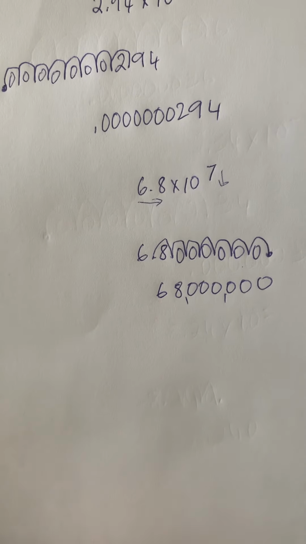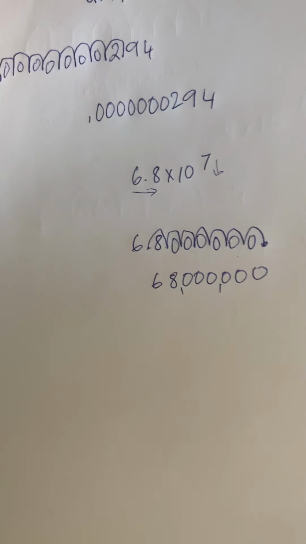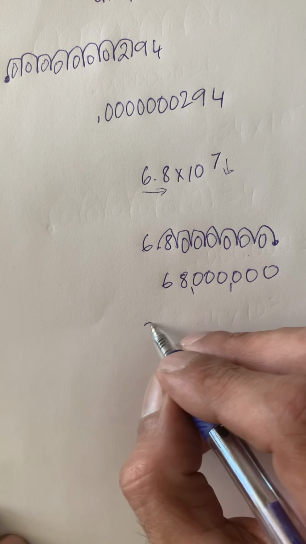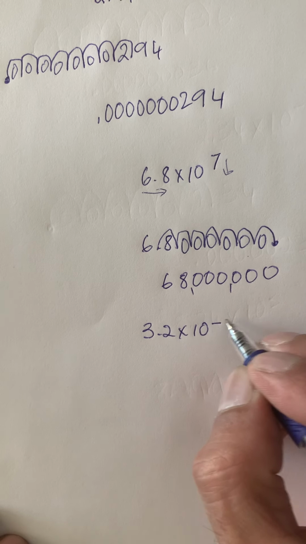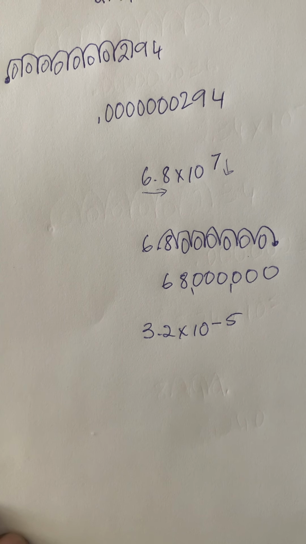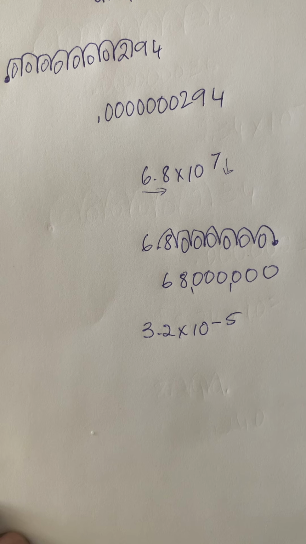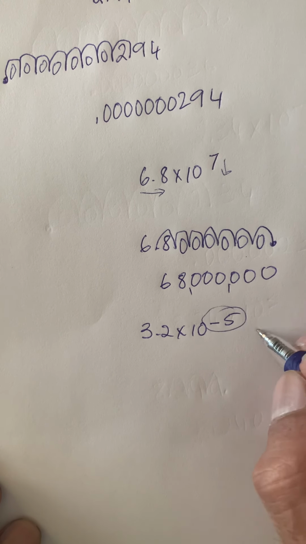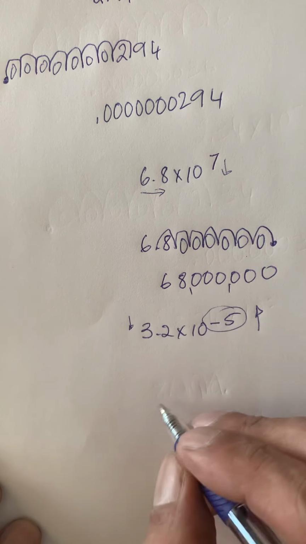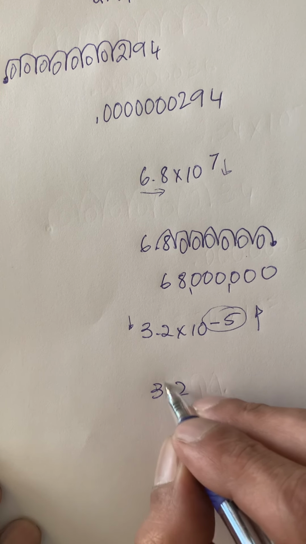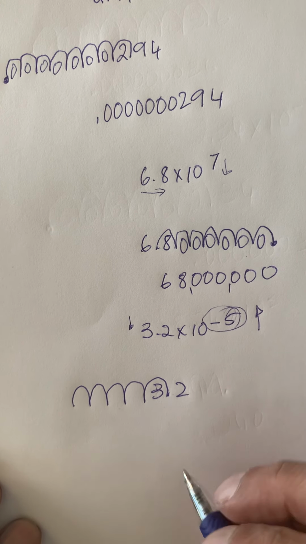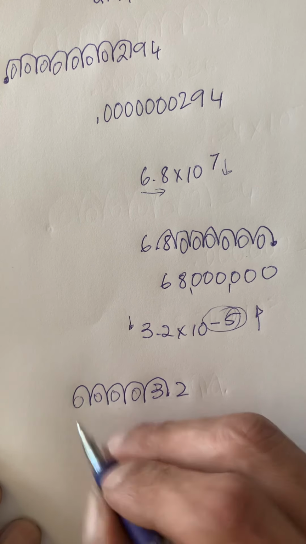Okay, one more small number. I'm going to go ahead and let you guys try one on your own. So here is 3.2 times 10 to the negative 5. Okay, go ahead and put that as a regular number. Pause the video. Okay, here we go. So, this guy is tiny. We need to make him big, so we're going to make this guy smaller. So 3.2, we're going to go 1, 2, 3, 4, 5. Just the number up here is the number we're going to be bouncing. So put in our zeros, and we have